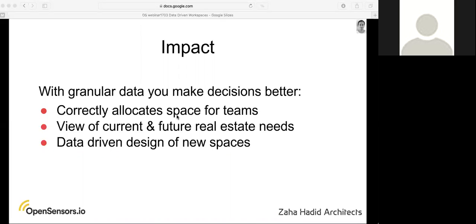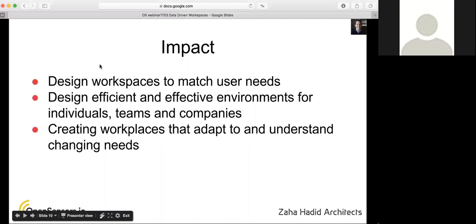So I just wanted to highlight 3 points that are, I think, the 3 uses that most people that we see are using the sensor data for. The first is, how much space do I need currently? And a lot of the time that is just what is my usage over some time period. And once you get enough data, you can also start saying, well, what is my growth, and what capacities do I need in the coming time frame? We've already covered the data-driven design part, so that's the next slide, which is back to you,